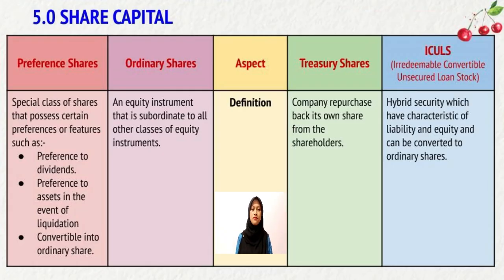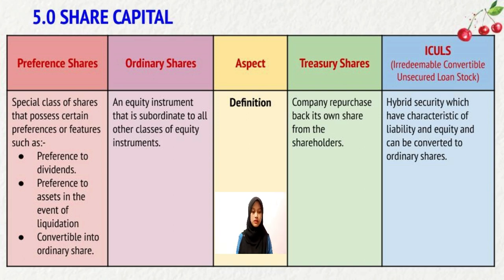Okay, since we are very familiar with preference shares and ordinary shares, I will only explain treasury shares and ICULS, or irredeemable convertible unsecured loan stock. For the definition, treasury shares represent a company's own shares repurchased from the shareholders and held instead of being canceled, while ICULS is a hybrid security which has the characteristics of liability and equity that can only be converted